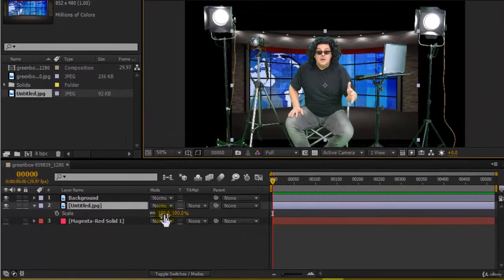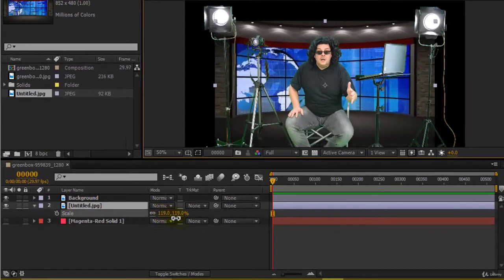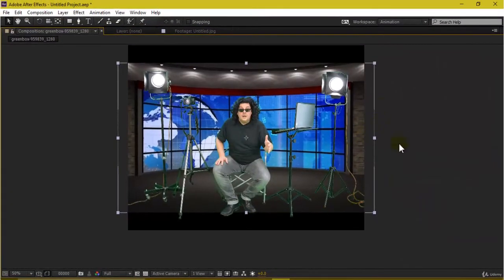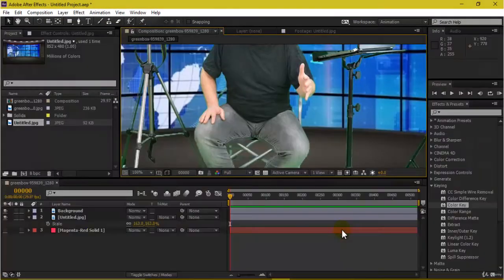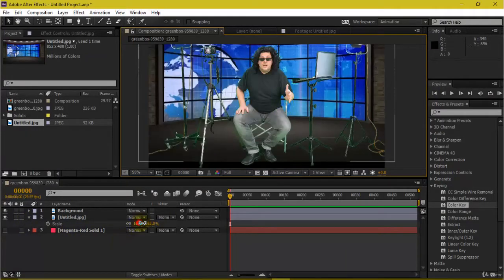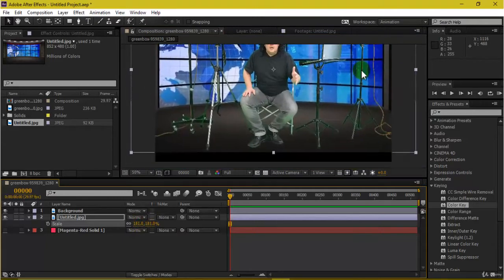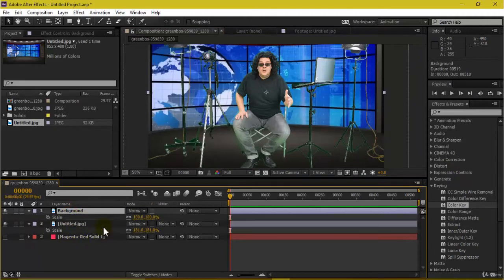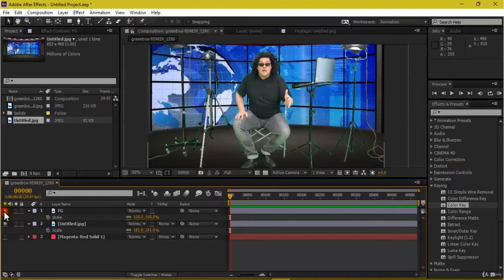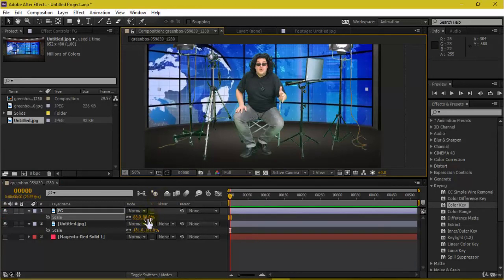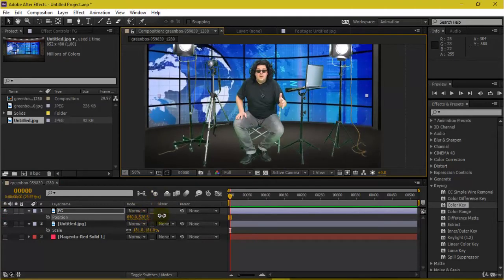So we have to scale this up. I hold down my S key, and then I would like to increase this so that it fits my comp here. We need to adjust this, and for this we can hold down our S, or maybe we can name this as FG, as this is my character. If I turn this off, this is what I've got. Now if I scale this slightly, it becomes something like this, and inside my position I can actually take this here.